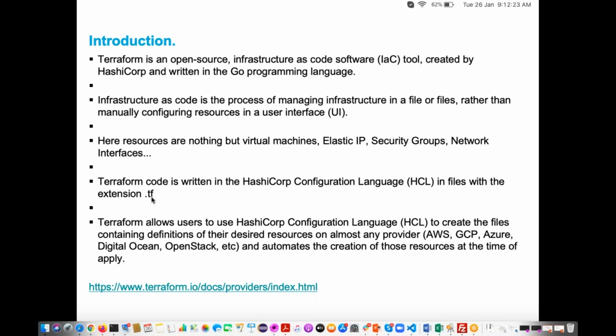We are going to write scripts; suppose I want to create one EC2 instance in AWS, I'm going to write one Terraform script. Just as shell scripts have the extension .sh, for Terraform scripts the file extension is .tf.